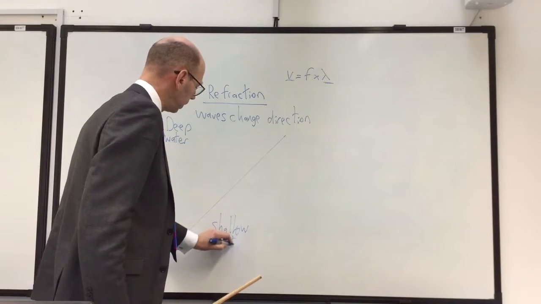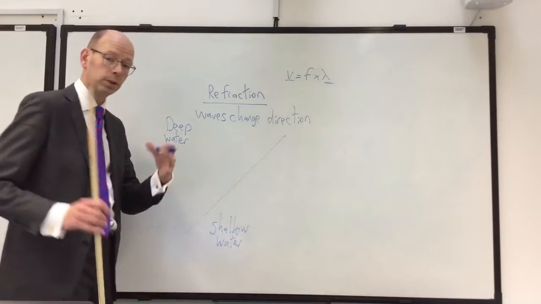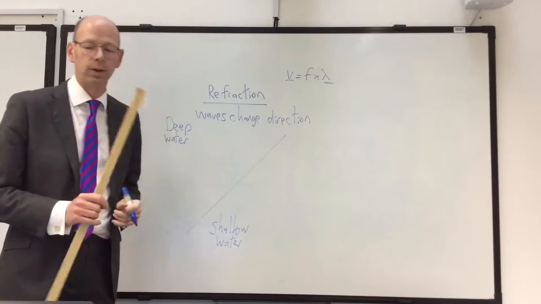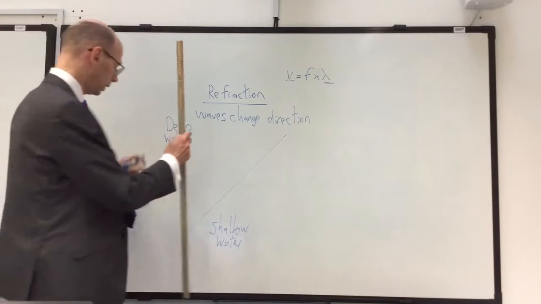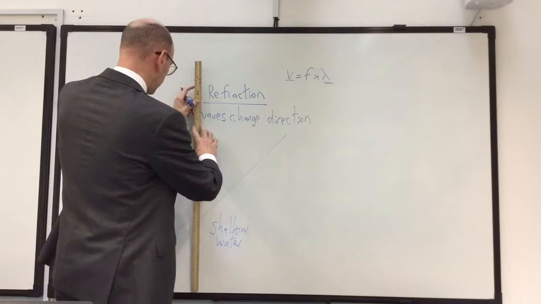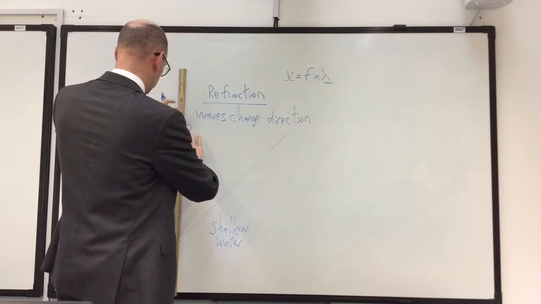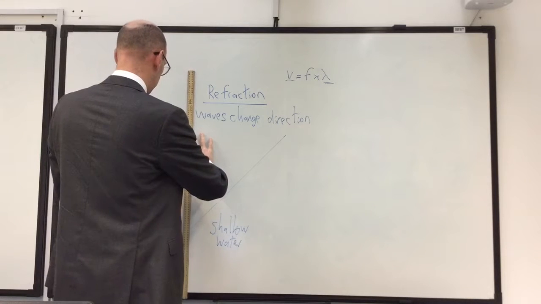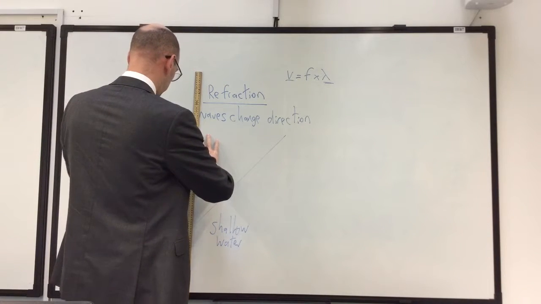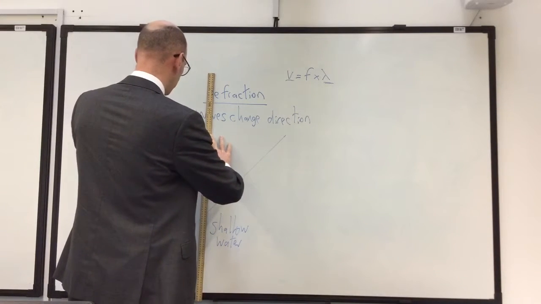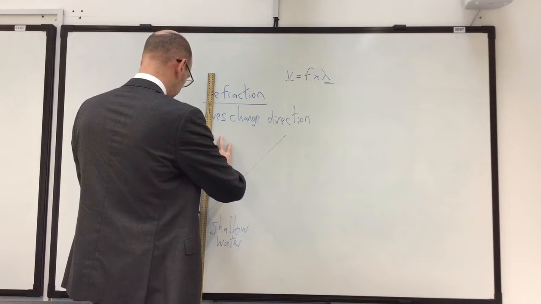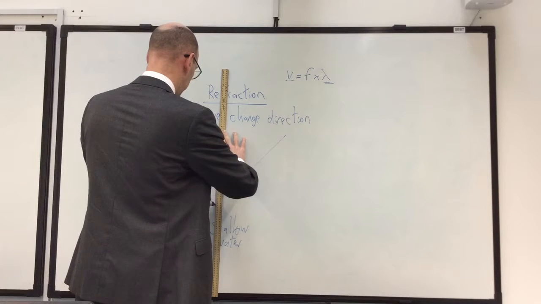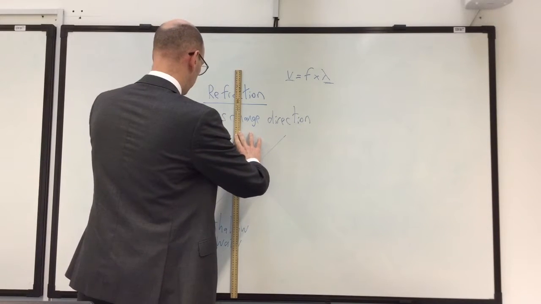Well, we know what's going to happen as they go from the deep to the shallow. We've just seen they're going to slow down and bunch up a little bit. The wavelength is going to get less. But if I start sending them in from the deep water here to the shallow water, then you'll see that I've created a sort of inclined division between the two,